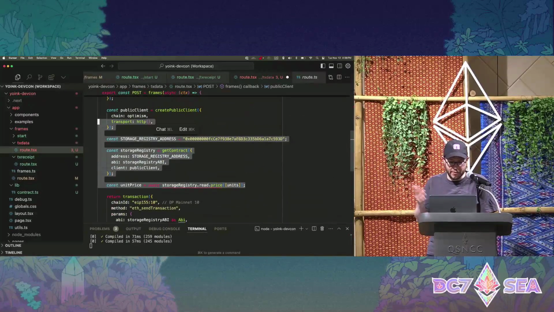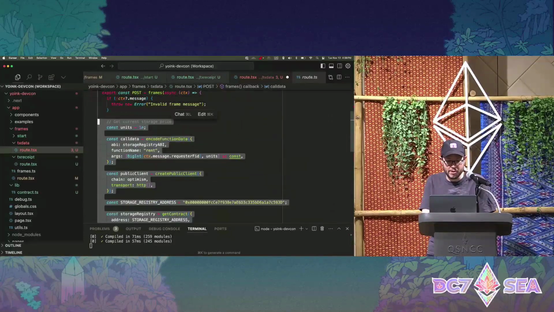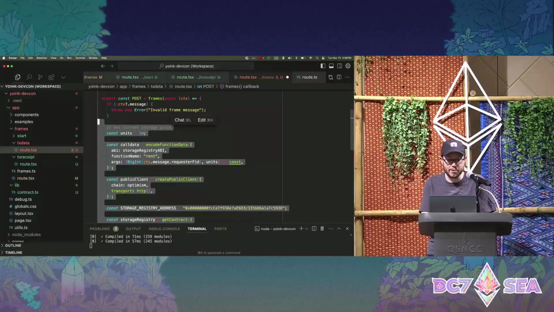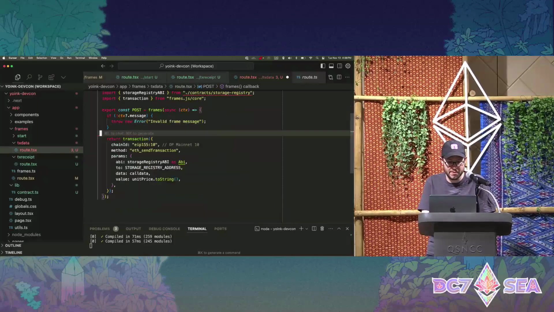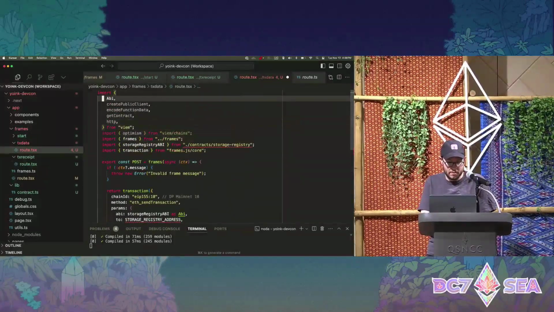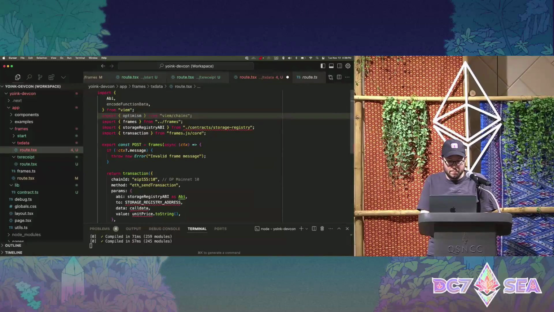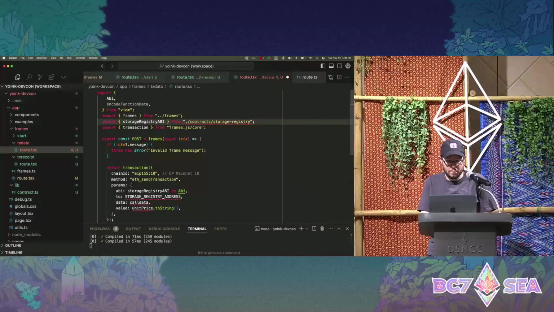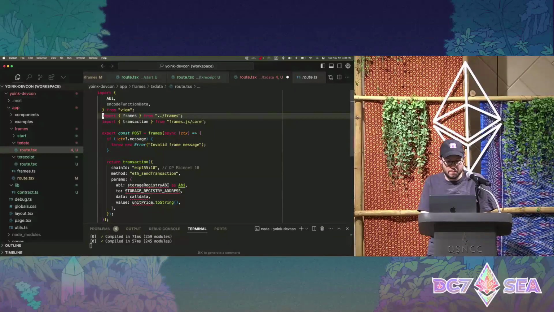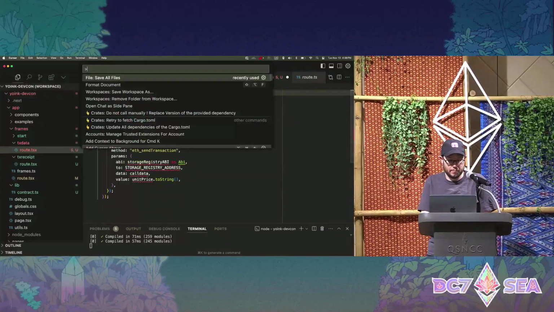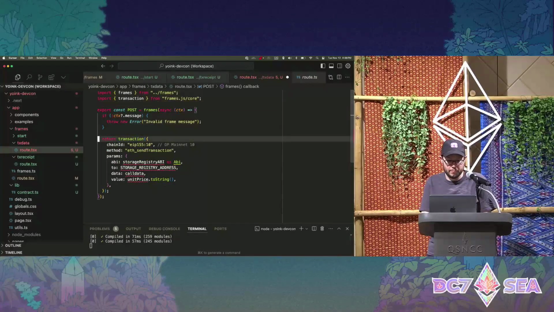So our Yoink contract is very simple, though. We're just making one simple call to a function that has no arguments, so we can avoid doing some of this setup. Okay, and here's the basic structure of a transaction route handler.